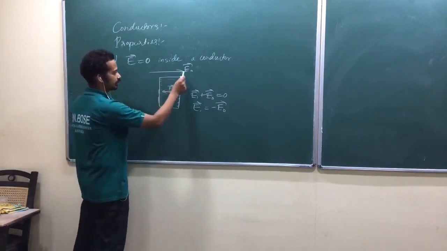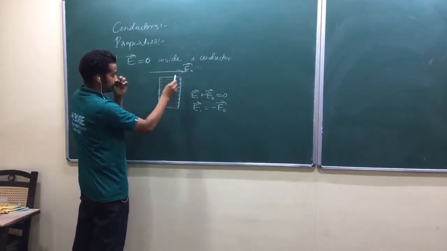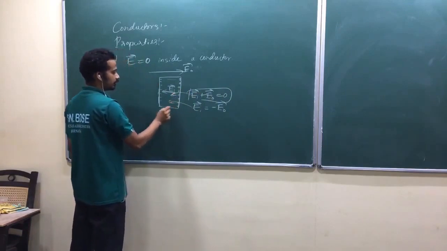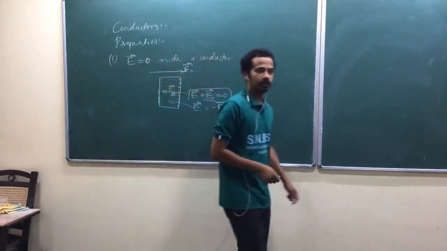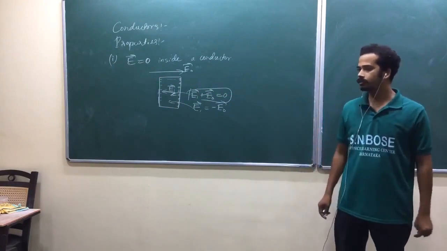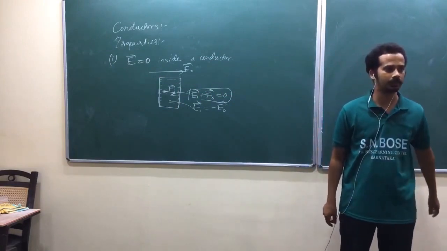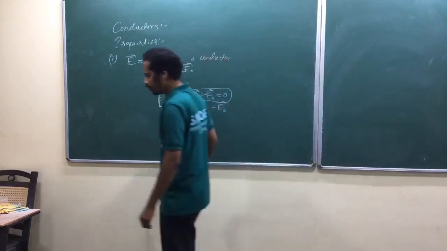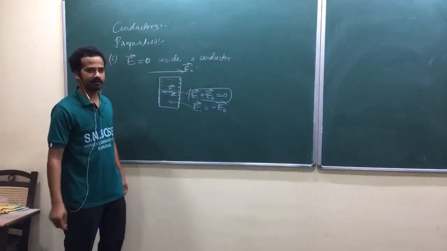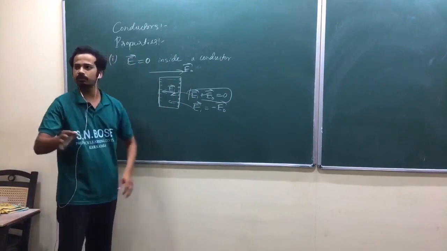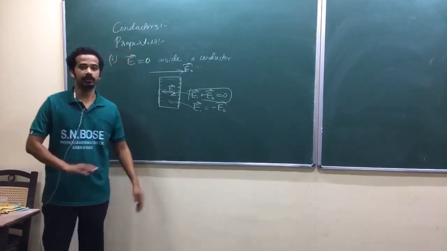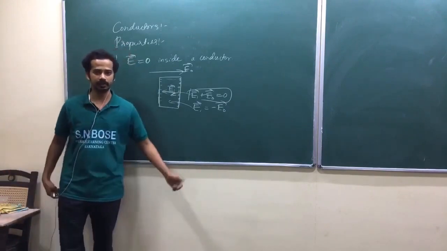So now look at here again. Inside, whatever the electric field that is created due to those charges is exactly equal and opposite to the outside electric field. That's how it gets cancelled. But it's also not mathematical, am I right? So it's an argument again. Charges will move until they cancel out the external electric field inside. That's the argument.